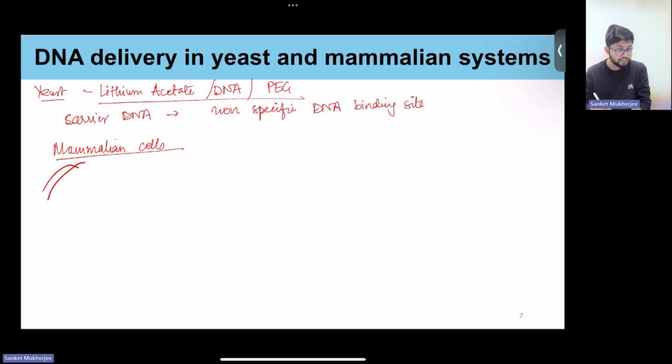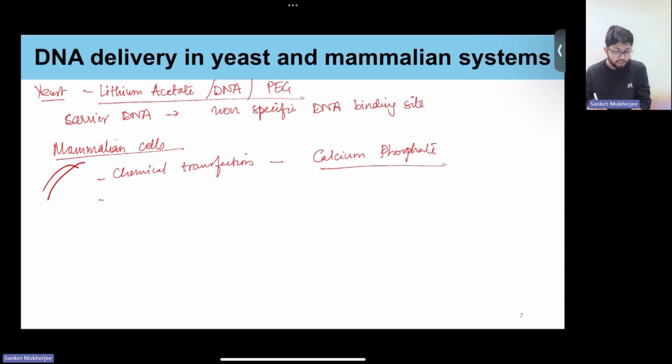DNA delivery could happen using chemical transfection methods. We'll talk about it. So chemical transfection, not really preferred as such, but has been reported using calcium phosphate, very similar to calcium chloride in case of bacteria. Here we have chemical transfection agents, although they are not very efficient because transfecting eukaryotic cells, mammalian cells, is a